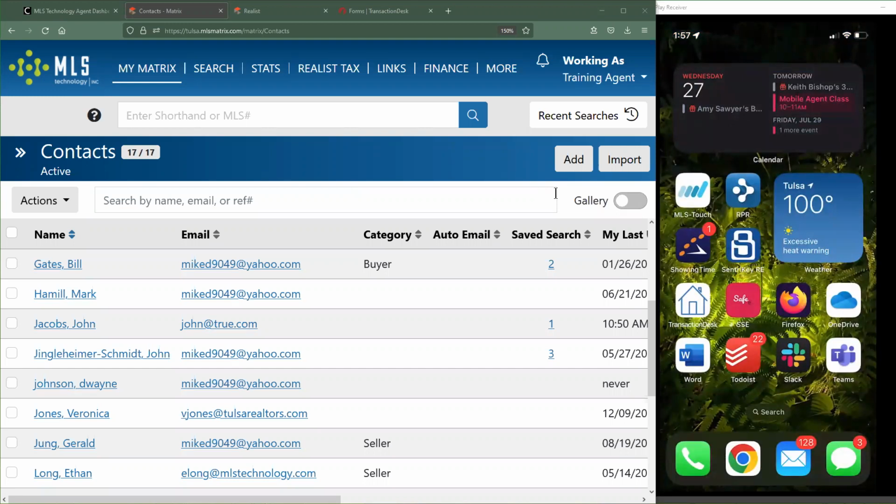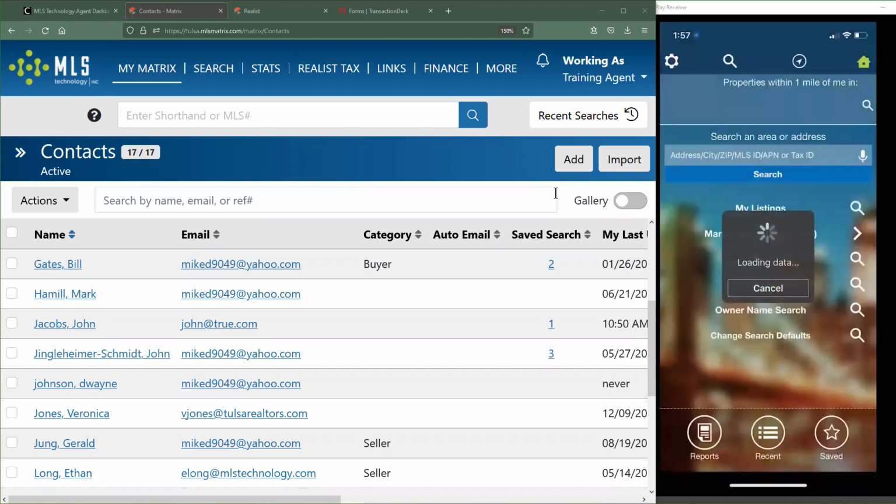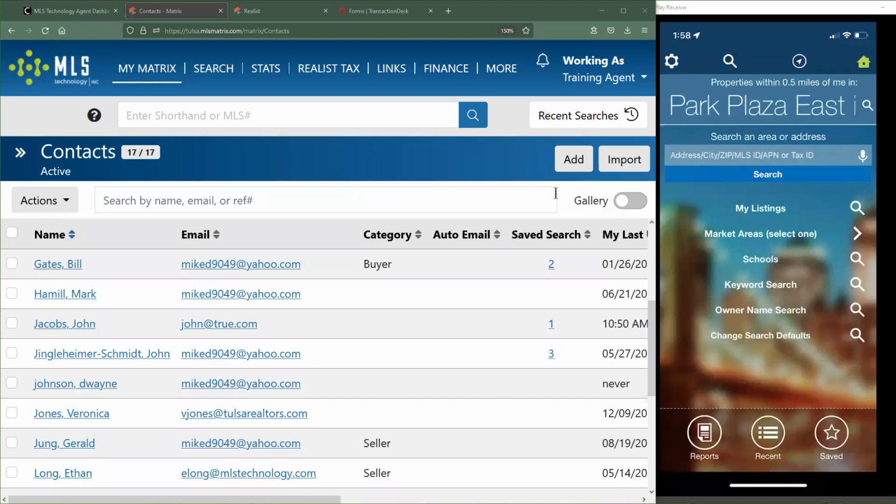The last app that we're going to be discussing is actually the one that has the most documentation about it. So we're not going to linger on it too long, but again, RPR is single-handedly the best app that you guys have access to. MLS Touch is a good close second, but man, RPR blows away the competition.